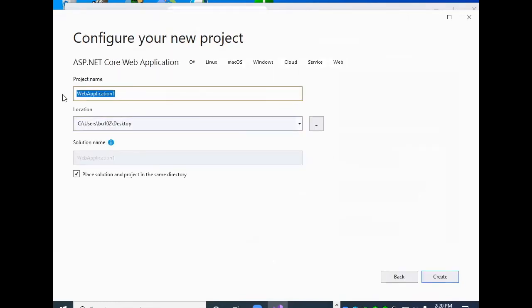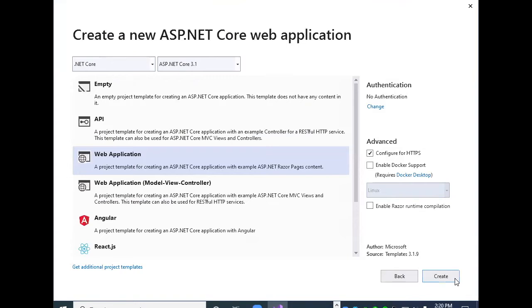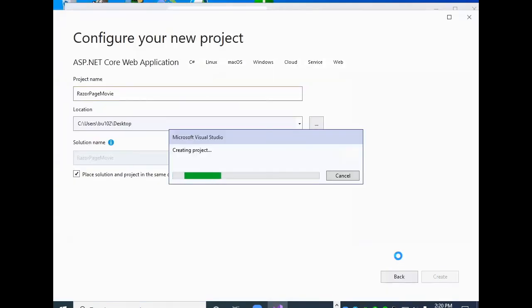I get to give it a name. I'm going to call it Razor Page Movie, and I'm going to put it on the desktop. Click Create. What do I want to create? I want to create a project template for creating an ASP.NET Core application with example ASP.NET Razor Page content. That's what we've been doing so far. I click that,